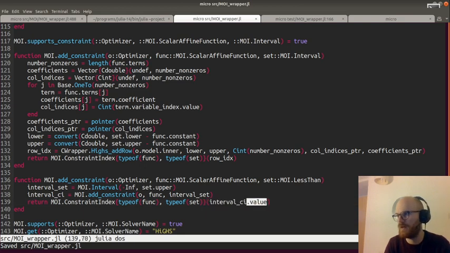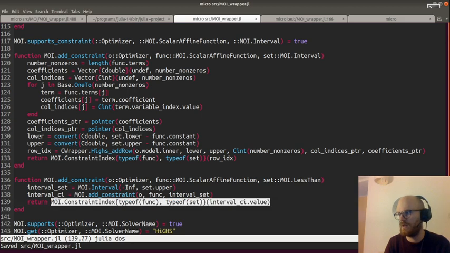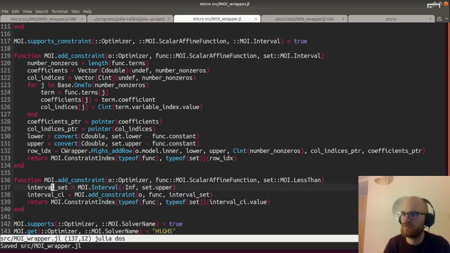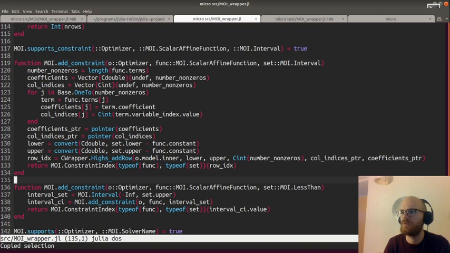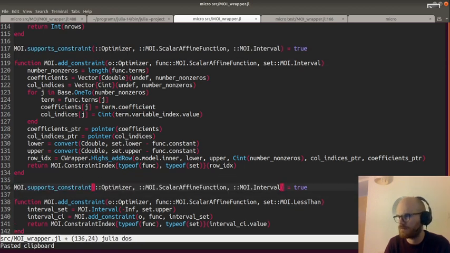So we take the same value and we use it to construct the real constraint index, which is less than constraint index. So, and we'll add y less than,